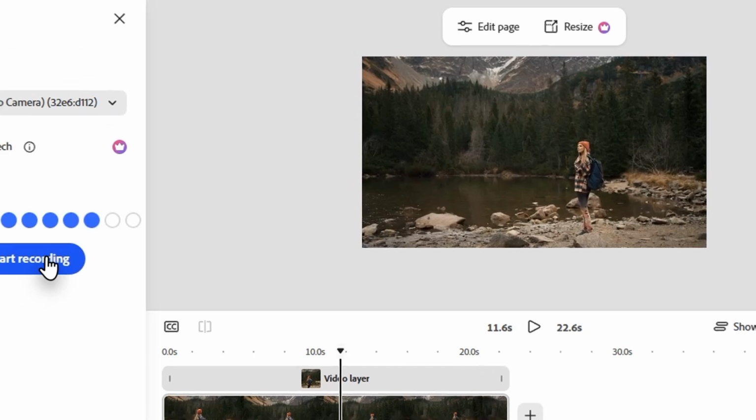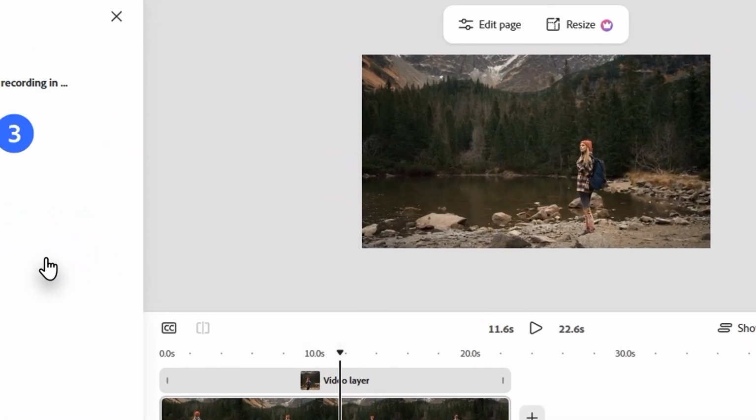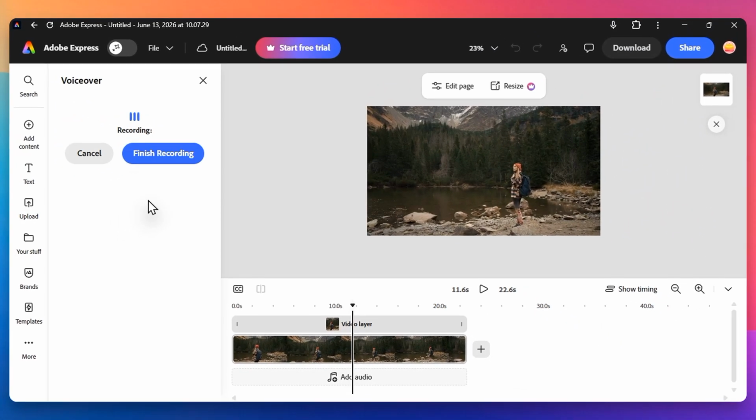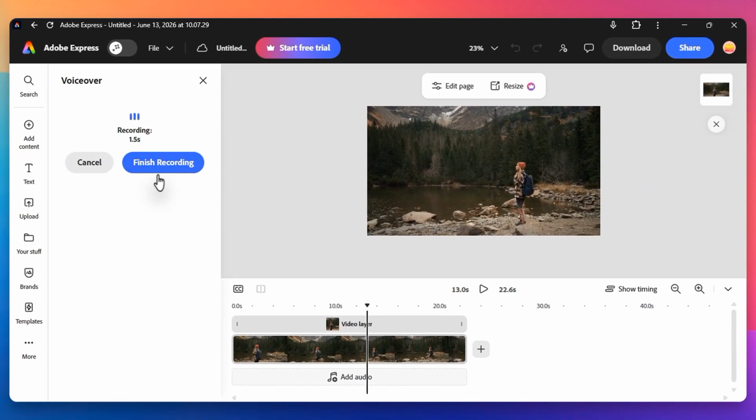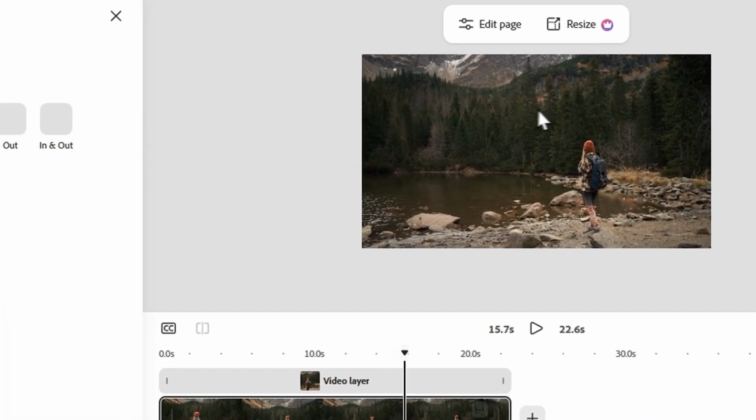Before you hit that big red record button, make sure your microphone is selected and your volume levels look good in the preview meter. When you are ready, click record and a countdown will start to give you a moment to prepare. Speak clearly and naturally into your microphone as you watch your project play. When you finish your script, click the stop button to